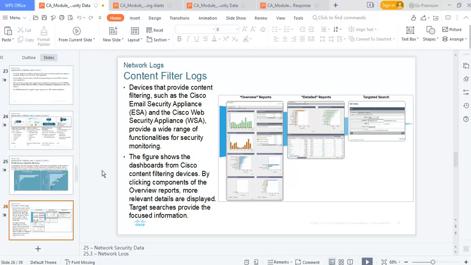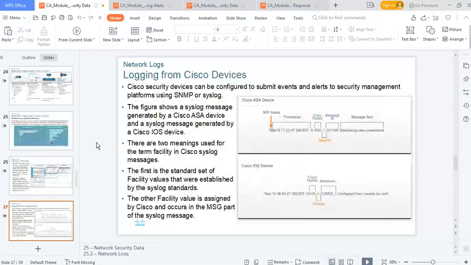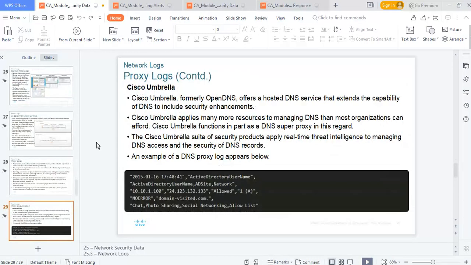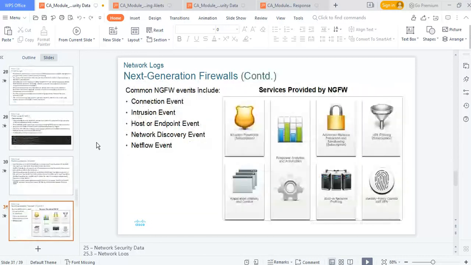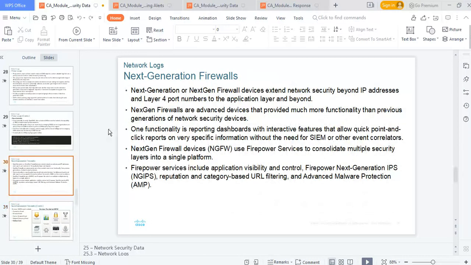Okay, content filter logs. That is the ESA and WSA. These are Cisco devices, right? They are hardware devices, so they also are security appliances that can help protect your infrastructure. Okay, so proxy logs, same thing with this. Next generation firewall. They can be quite costly, going to cost you cash, but for a large enterprise, it is